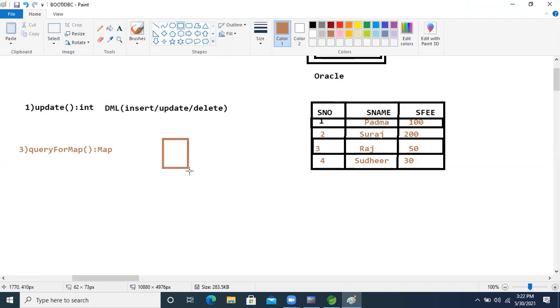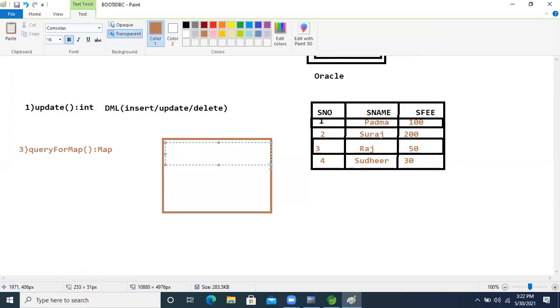So how will it look? Whenever it selects the record from the database, how will it look? This row will become the key: SNO. Another one is S name. Another one is